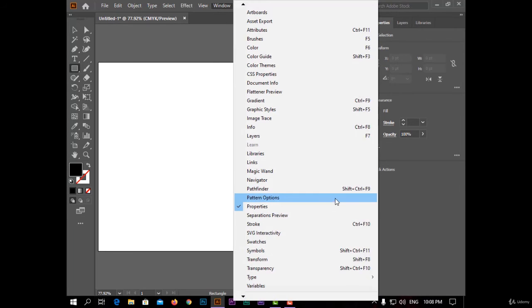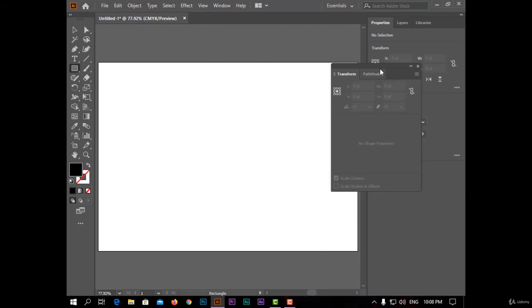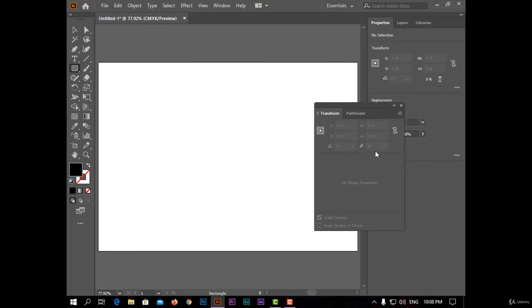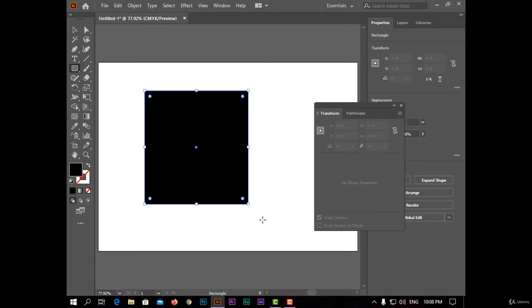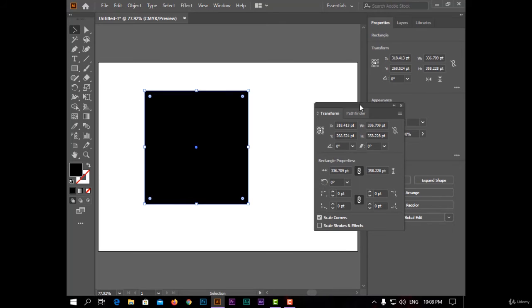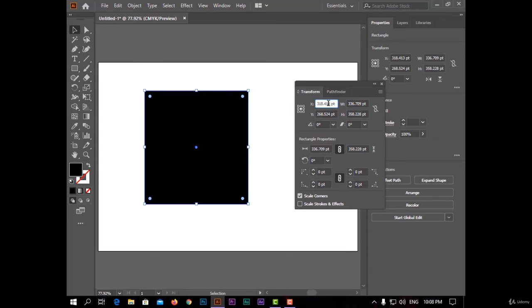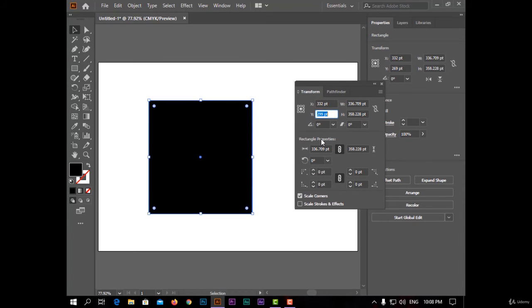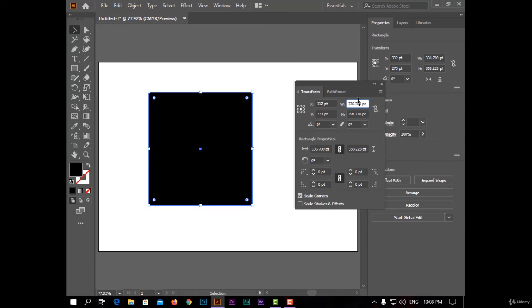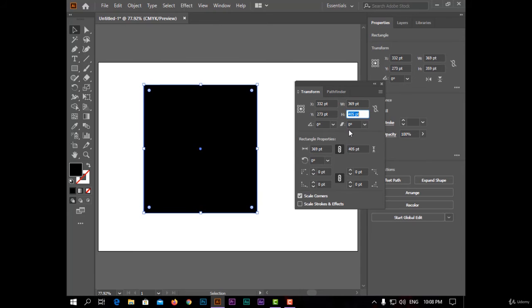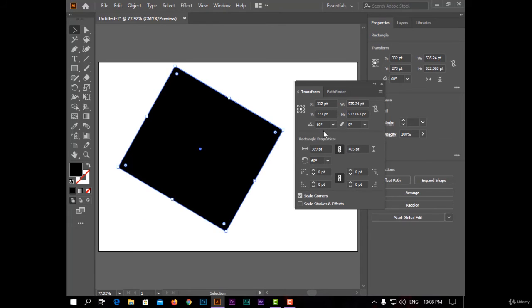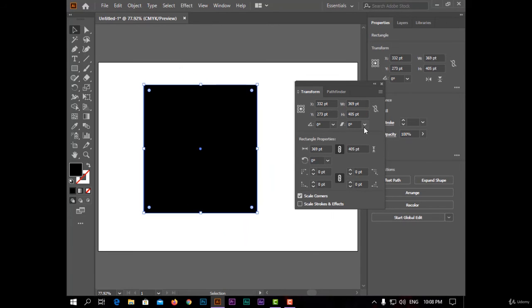The second window today is Transform. From this window you can move, rotate, shear, or you can make other things. For example, I will make a rectangle like this, and now from here I can move the rectangle like this. I have the x-axis and y-axis, and I can change the width and the height, and I can rotate like this, and I can also make shear,